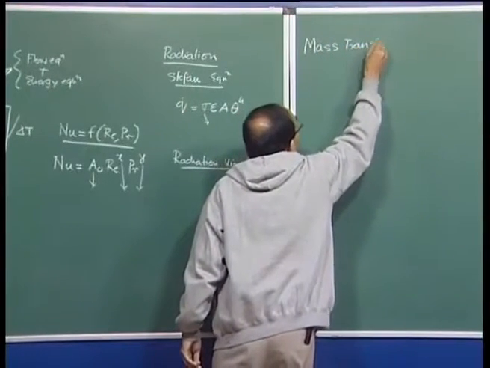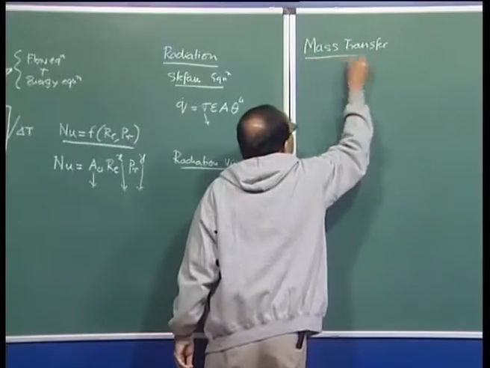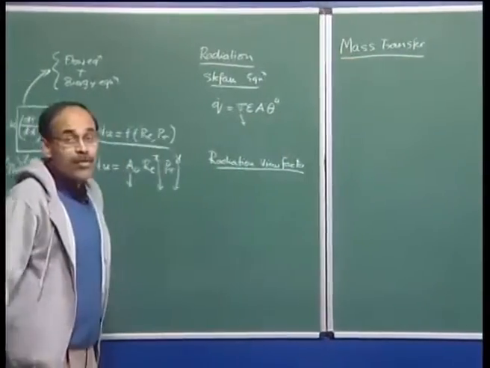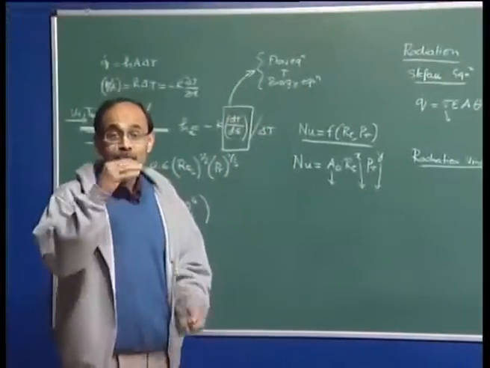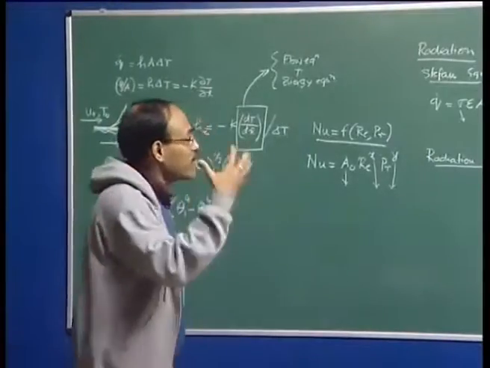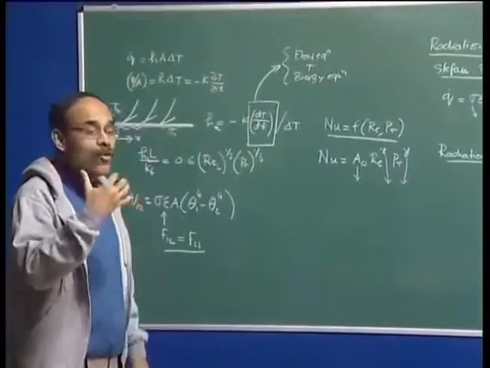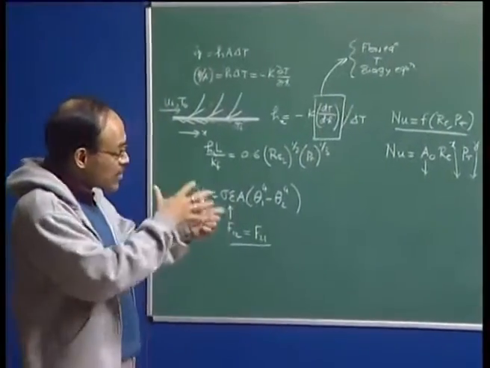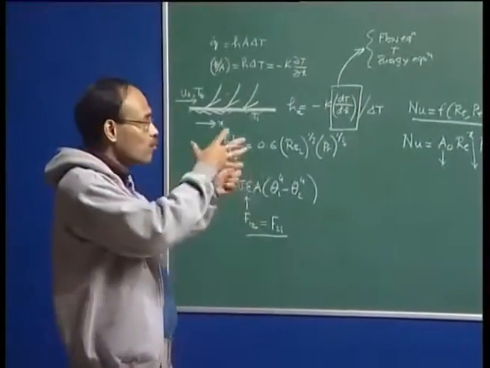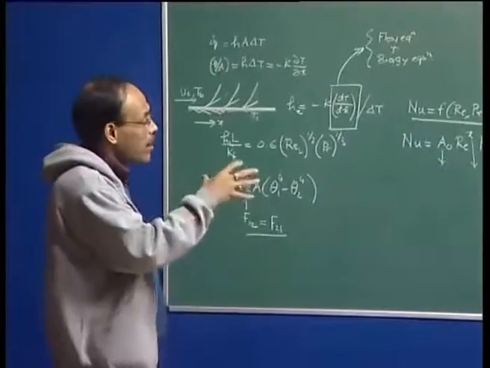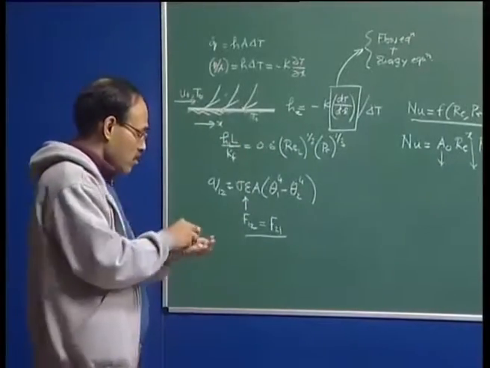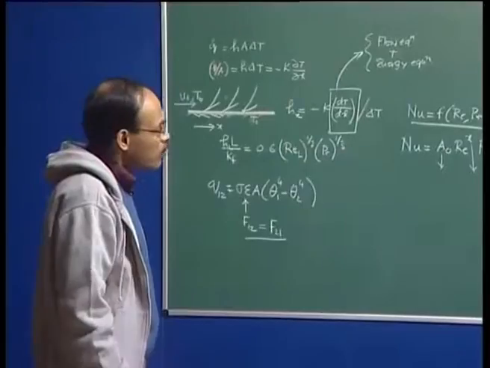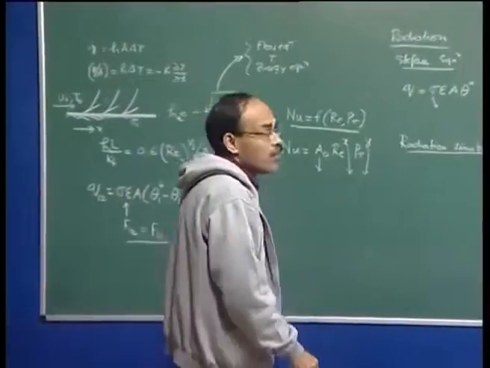Once we have adequate knowledge of thermodynamics, fluid flow, heat transfer and mass transfer, we can now calculate the rate of metallurgical processes, and there we go, we will move on to metallurgical kinetics, and that will be interesting. We will see how the concepts of fluid flow, heat transfer and mass transfer are applied in order to calculate the rate of the metallurgical processes or steel making processes. Now mass transfer is also